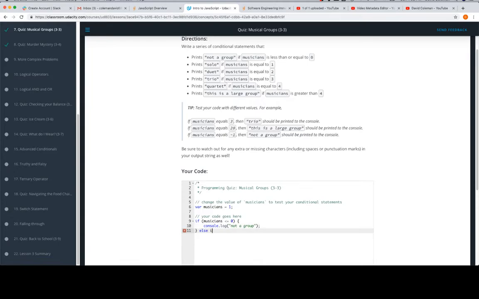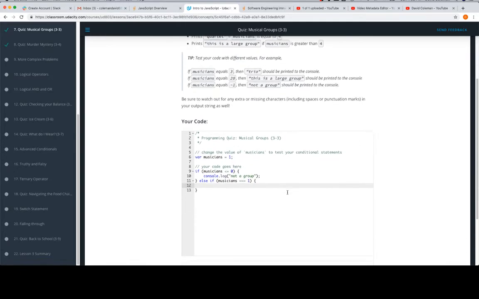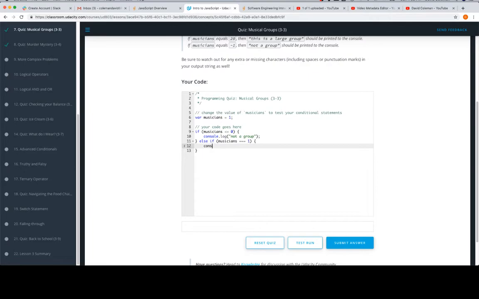At which point we need to start building our else if statements. So the else if statements are going to be based on the number of musicians. So for the first one, it was less than or equal to 0. Now we're going to say if it's equal to 1. If it's equal to 1, then we're going to console.log, I think it's solo,